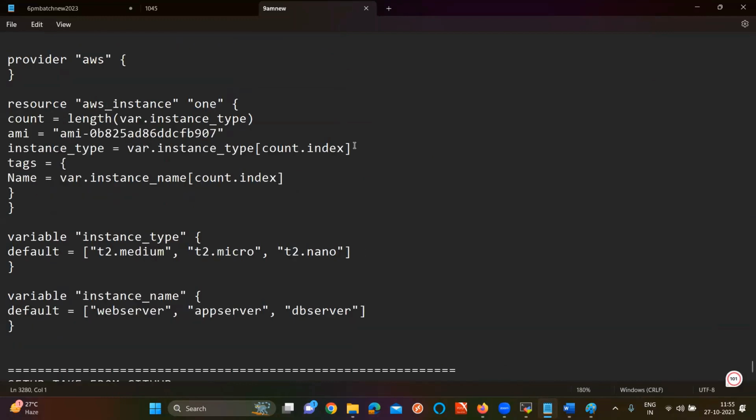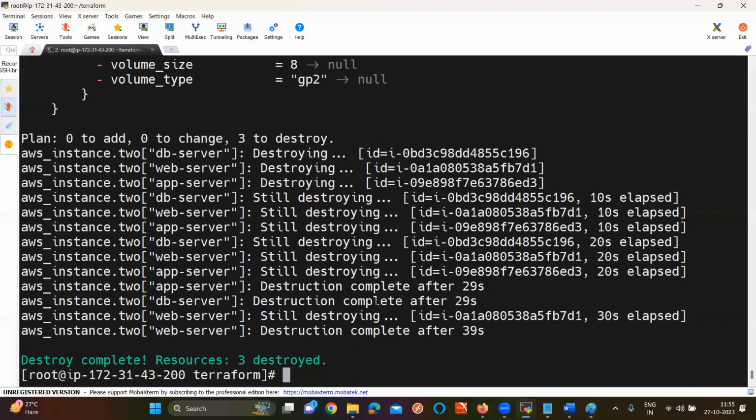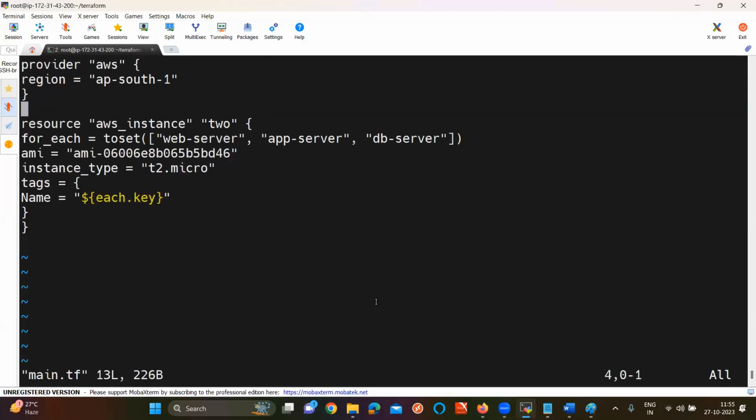Okay. So here with this code, you can do it. Basically, previously what I have done is, let me give this one. Sir, initially, with the help of for each loop, you have given 3 different names for 3 different servers. But this time, web server needs T2 micro, app server needs T2 medium, database server needs T2 large. Different servers with different configuration. Again, that also we can do, sir. How we can do it means, go to main.tf. The code is going to be very easy now.